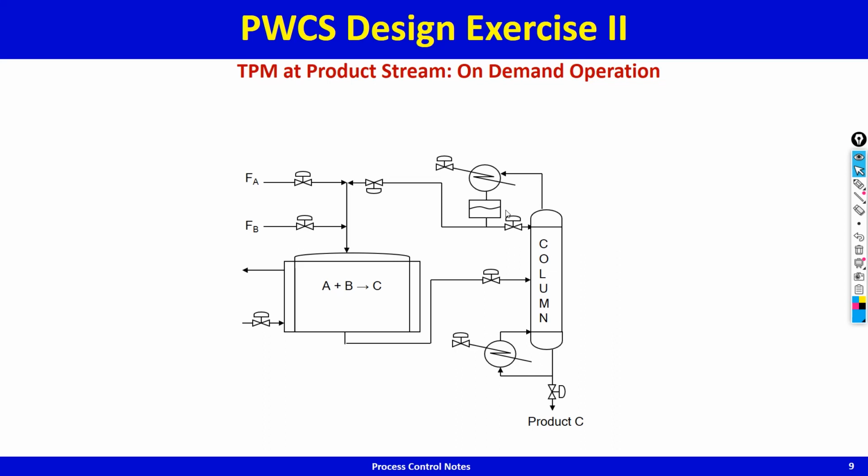Sometimes what happens is, for example, in utility plants, the throughput manipulator has to be on the product stream. Utility plants, for example, a boiler house generating steam for so many downstream processes. If a downstream process says give me more steam, immediately more steam has to be given. Same thing with electricity. If you put on your iron, you want current to be supplied immediately to the iron. It cannot be that the current will get supplied 5 minutes, 15 minutes, 20 minutes down the line. It has to be immediate. So whatever is demanded, that demand has to be immediately met. So then you have to have the throughput manipulator on the product stream,